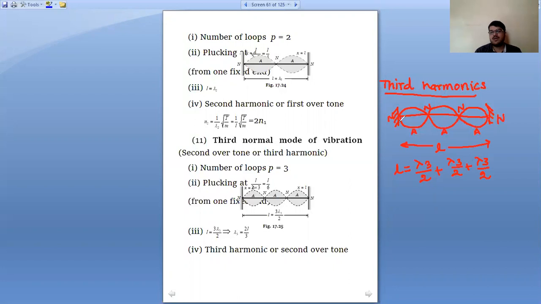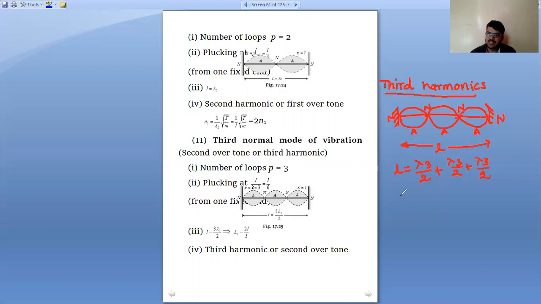Wait. Now this is the complete length. Here how many loops are you getting? 3 loops. When you are getting 3 loops, the wavelength will definitely change. Then when the wavelength is changing, the length is equal to this node plus this node. Node to node, how much distance? Lambda by 2. But here it is lambda 3, the wavelength is different, that's why lambda 3 by 2. Here again node to node, how much distance? Lambda by 2, but here lambda 3, that's why lambda 3 by 2. Then again from this node to this node, lambda 3 by 2.